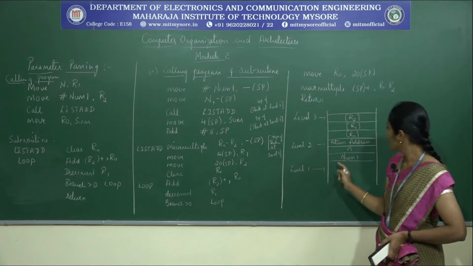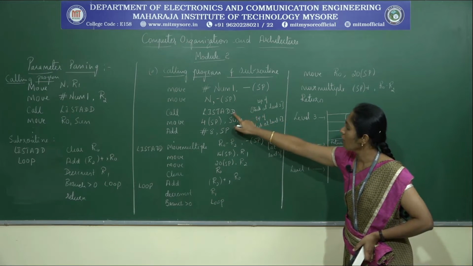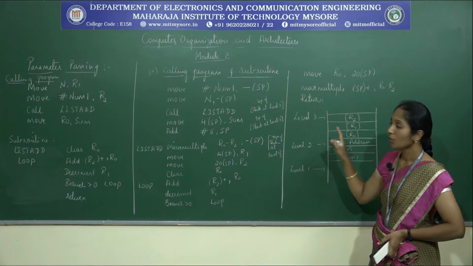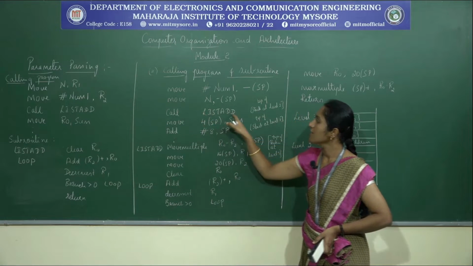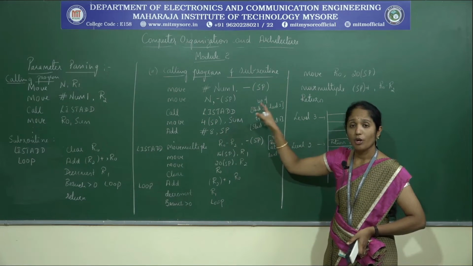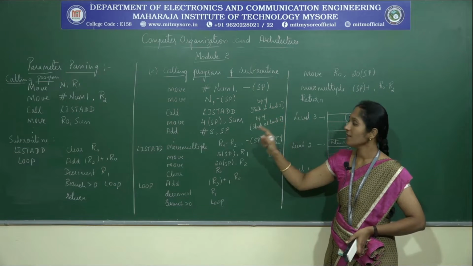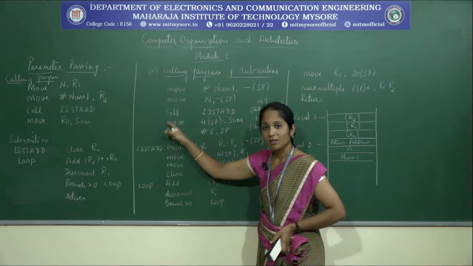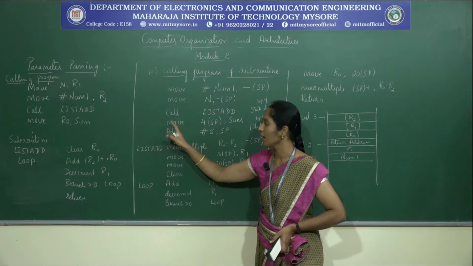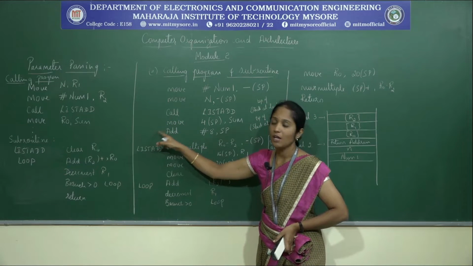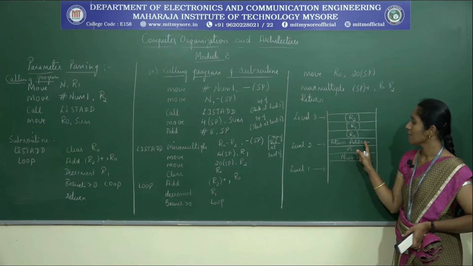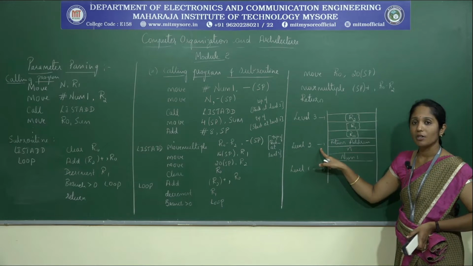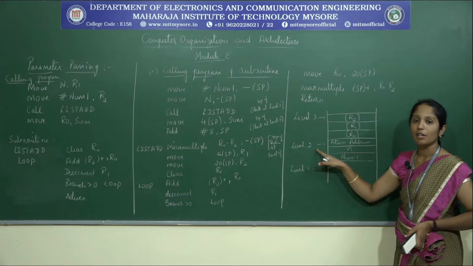See here, at this point the top of the stack was at level 2, as I have written here. Remember, when this call list add is executed, at that point the contents of PC hold the address of the next instruction. Since we have to resume the execution again from this address, this address needs to be stored. That is done here. The return address is stored at this point, and the top of the stack is at level 2.